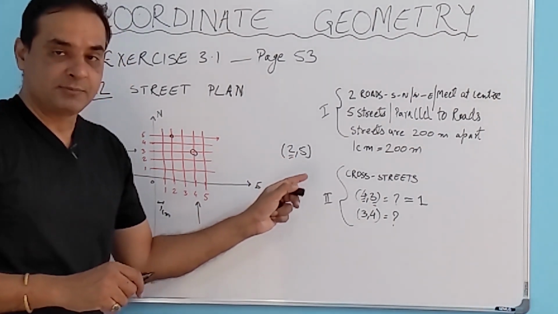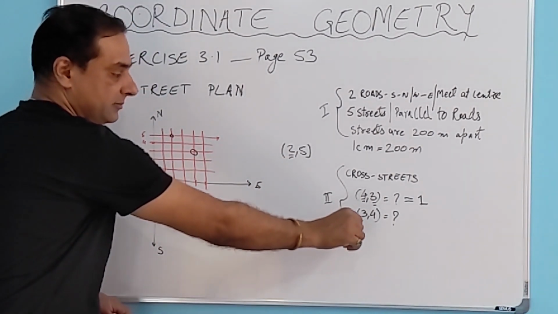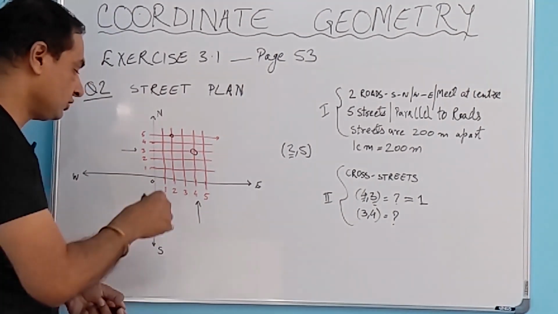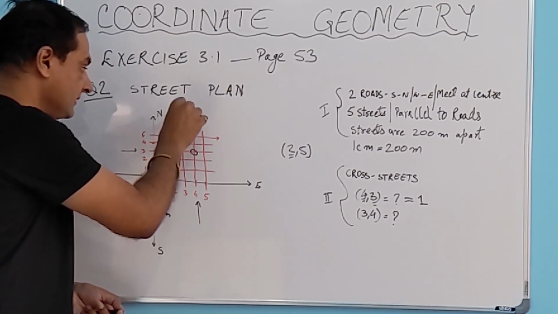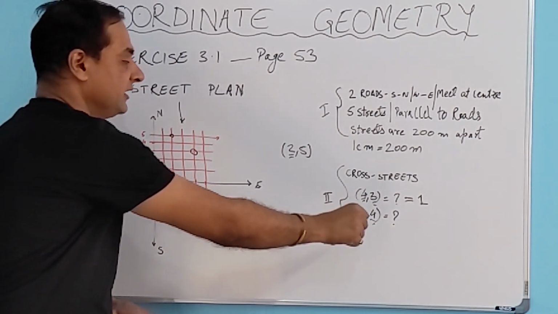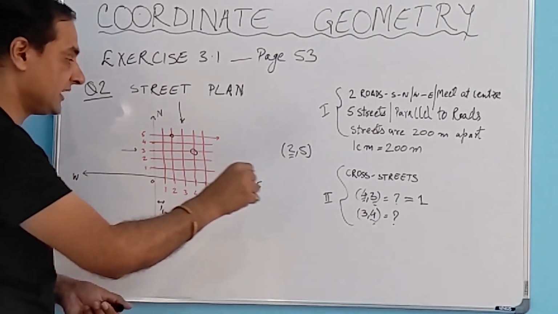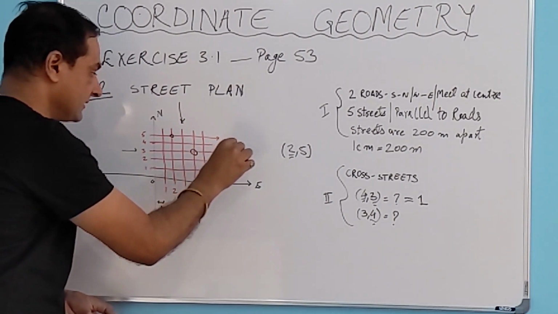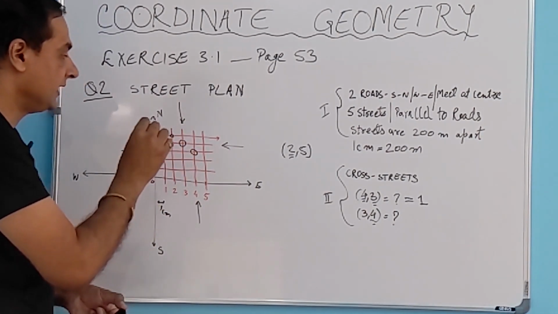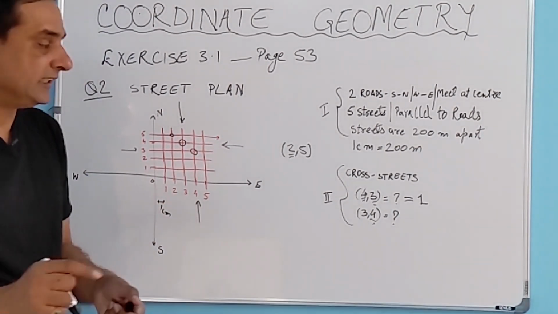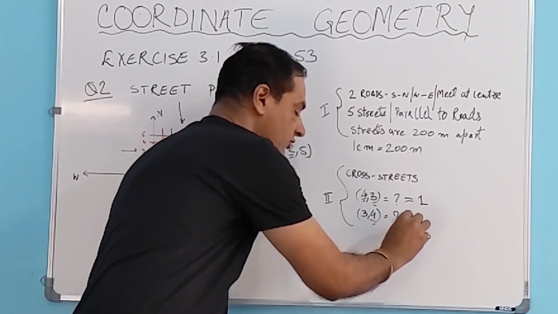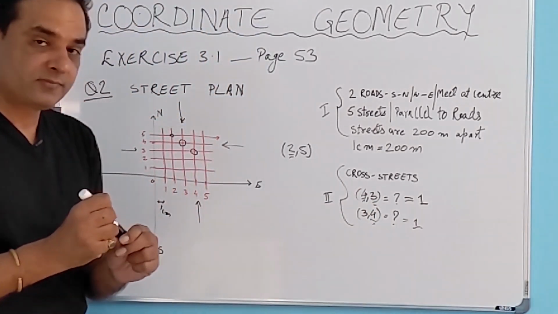Again we look at the same definition which is given in the question. The first number, 3, is the number of the street which is running north to south direction. So we go to 1 2 3, this is street 3, and then comma 4. This is the number of the street which runs in east and west direction. So we go to 1 2 3 4, this is the street in this example. So we say the intersection is over here, and here we can identify one cross street with this definition of 3 and 4. So how many cross streets can we identify with 3 and 4? 1.